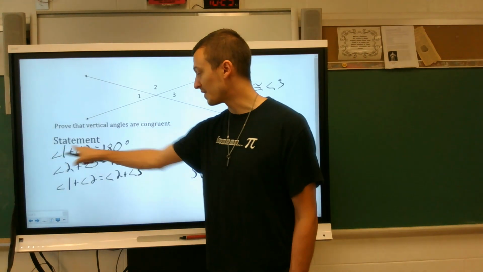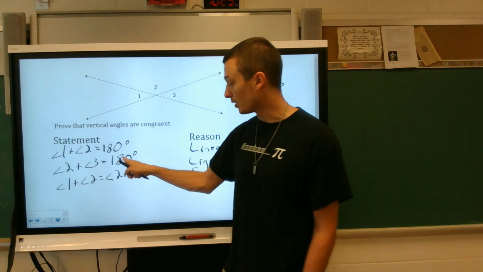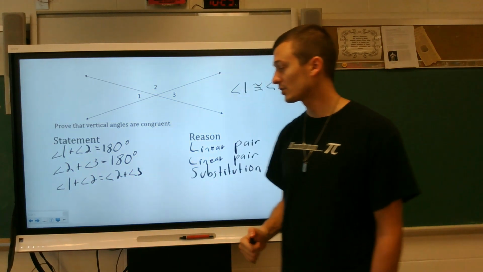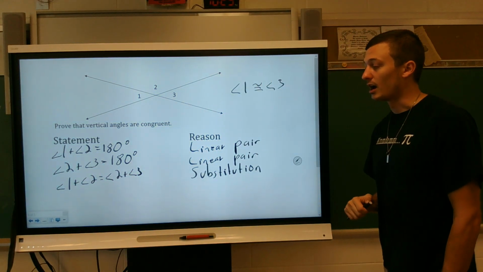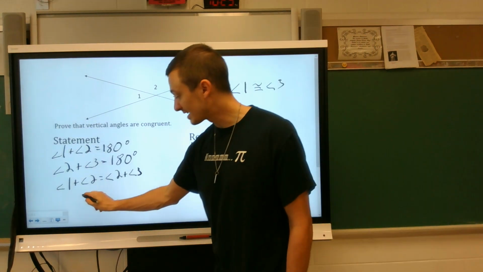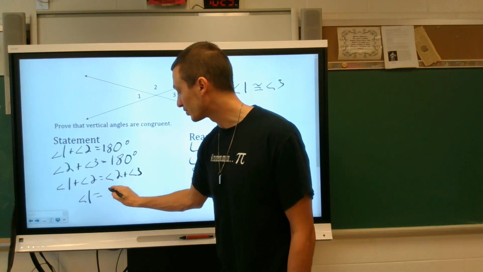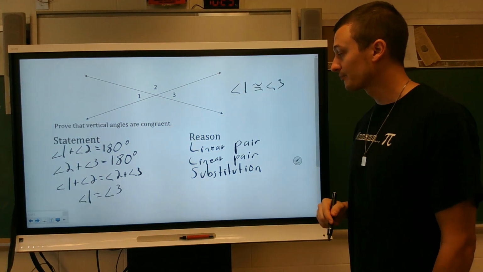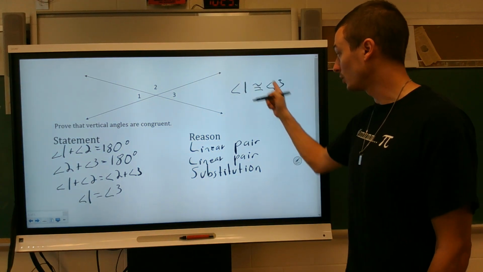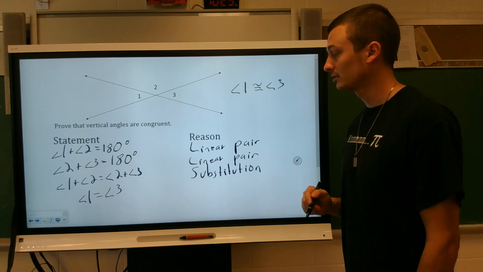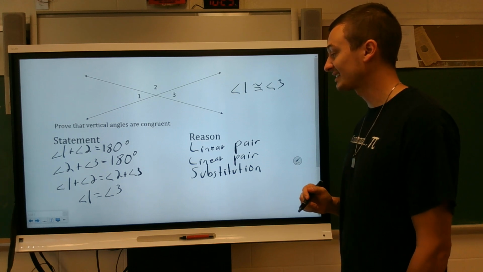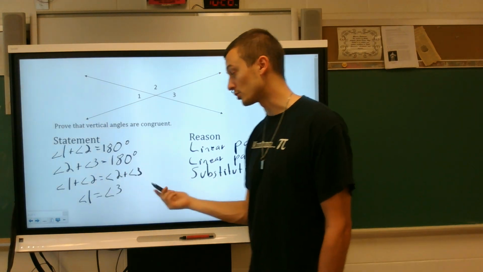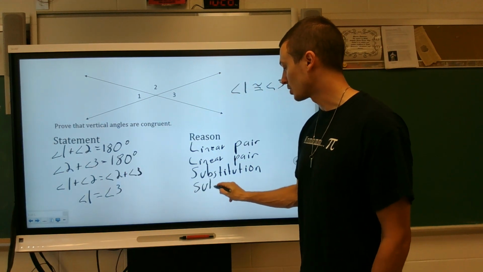So we started with this equation, and we know that 180 equals this, so I can substitute this in for 180. So this is substitution. Now, my next step would be to say that angle 1 equals angle 3. And that's really what I'm trying to end with. So my last statement would be, well, my question is, what did I do there? I used subtraction. So the subtraction property